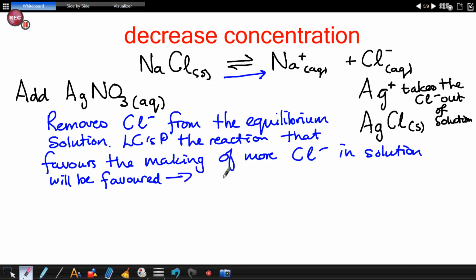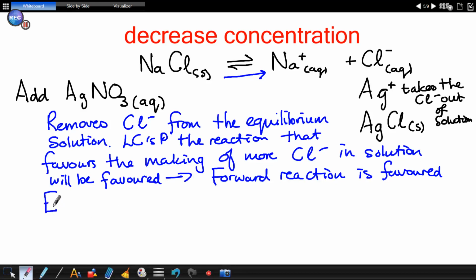So the forward reaction is favored. Okay, so the equilibrium shifts to the